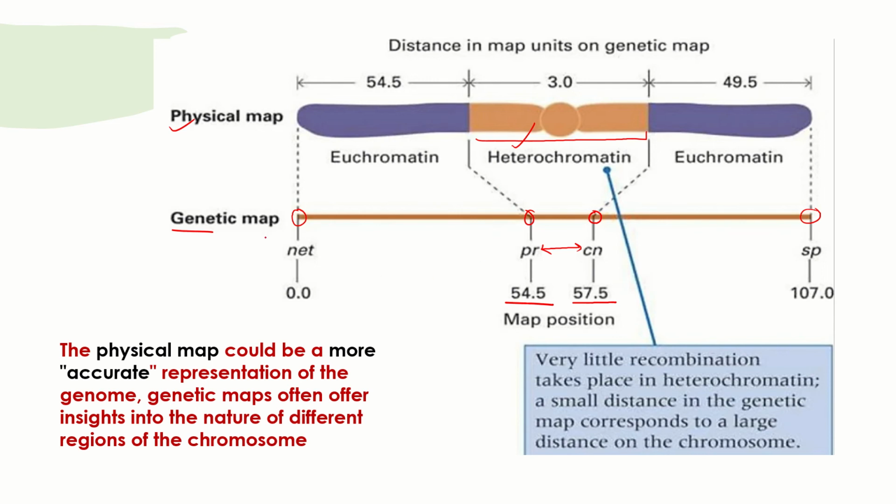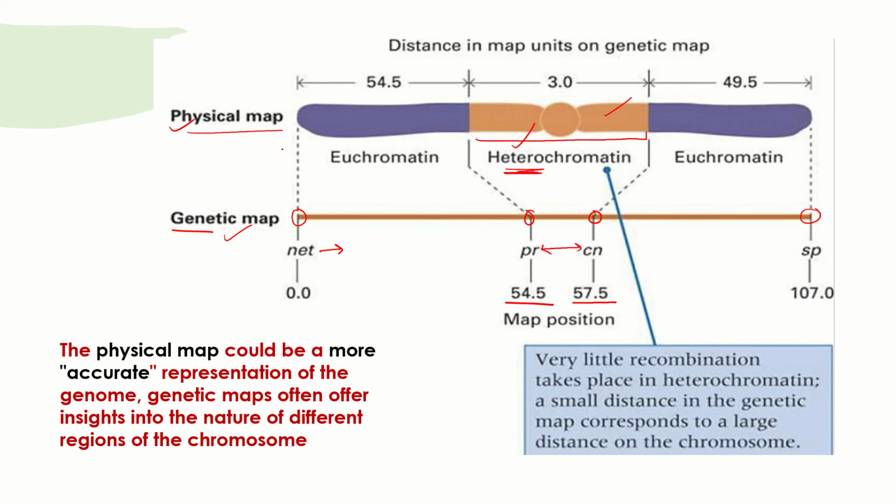But when we find out the genetic map, depending upon the frequencies, we say they are linked genes. Why? Because recombination is lesser, so linkage is stronger, so they are closely placed. But in reality, they are not closely placed. They are actually showing lesser recombination because of this heterochromatic patch. And we know that the genome is full of heterochromatin. So the genetic map will not give you the exact information about how distantly they are placed, because it is totally dependent on, it is relying upon the recombination frequencies. But that data may be wrong also because of the presence of heterochromatin.